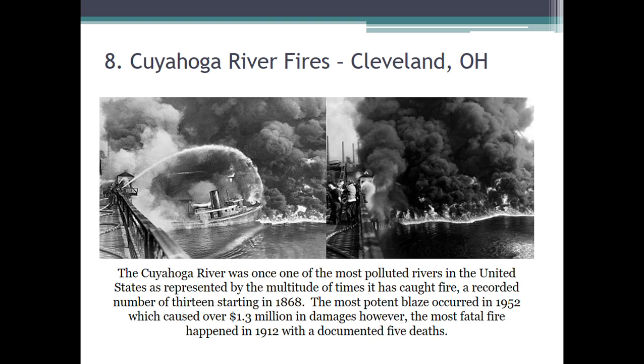Alright, this one here is connected to the next question, which I asked, results of the exploitation of natural resources. If you can't tell, these are pictures of a river that has caught fire. There was a river in Ohio called the Cuyahoga River. Between 1868 and 1952, the river caught fire 13 times. Now, if you're scratching your head and wondering how could a river, its water, catch fire, you might be able to guess it's because of how polluted it was.